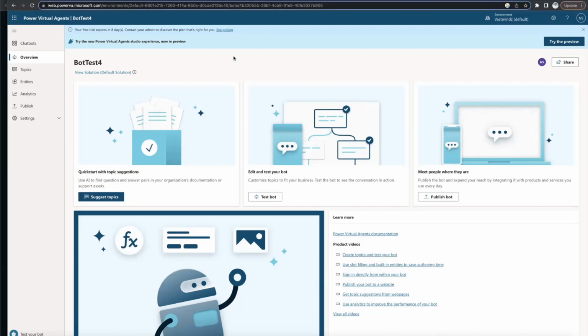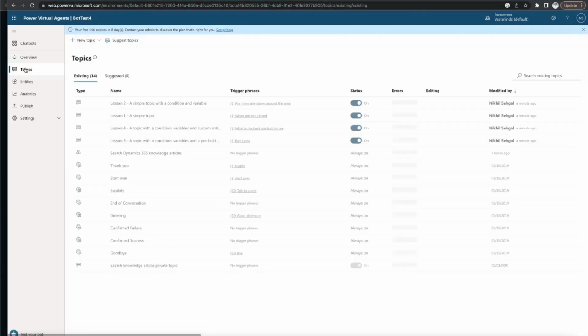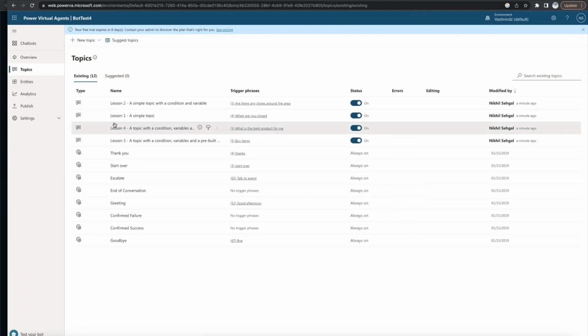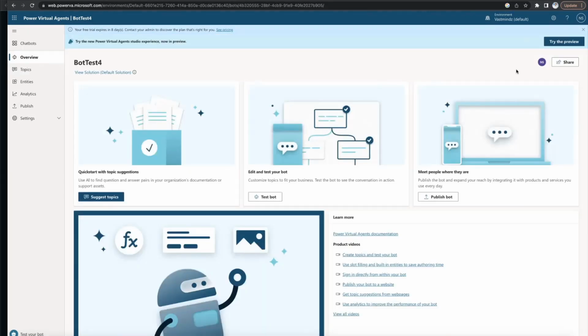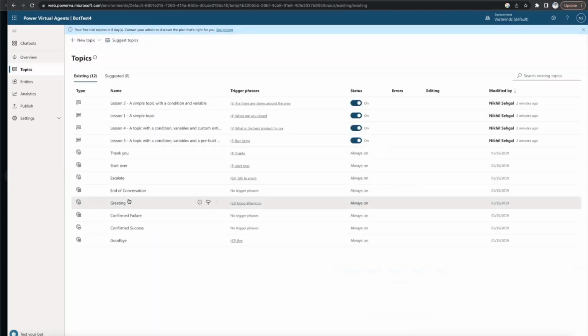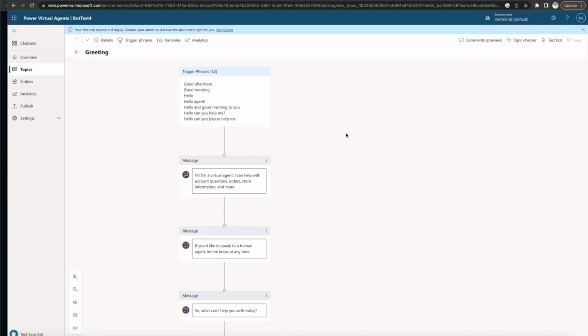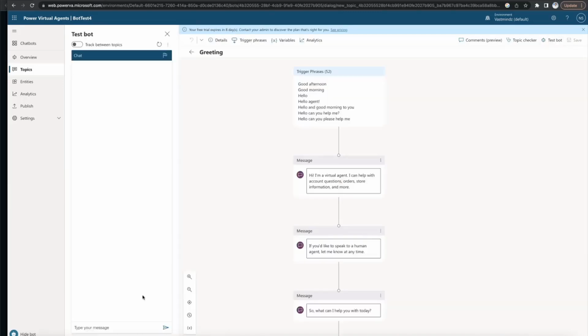So this is just a simple bot I created. One of the things you will see is something like topics here, and topics are just conversational flows. So if I hit overview, I can go to topics. If I look at the greeting topic, there are a couple of components here. You have trigger phrases and messages, and a trigger phrase is effectively a phrase to look for to start this type of flow. So if I go ahead and click test bot, and let's say I say something like,